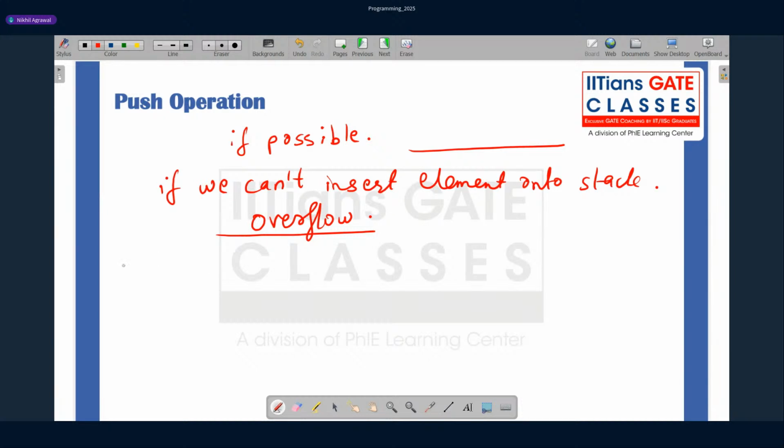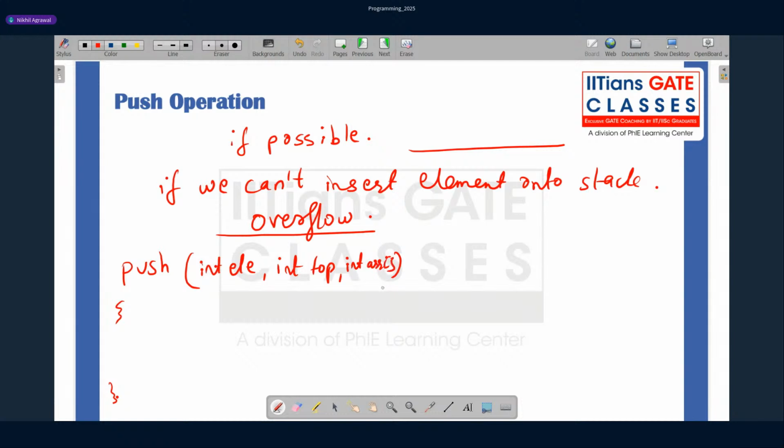If you would like to perform the push operation, what are the parameters you require to insert the element onto the stack? Come on, think. First, you will ask me, sir, how we will be implementing the stack. So for this, we are implementing the stack using arrays. Yes, very good. The element that we would like to insert. Just by having the element, will it be sufficient? Very good. Top pointer also will be required. And the array itself in which we would like to insert.